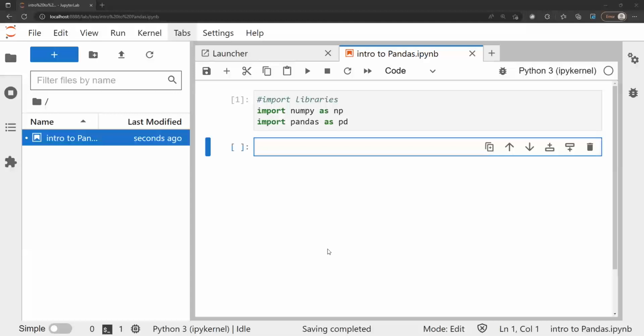It also has built-in visualization features, so you can do some data visualization with pandas. And it can work with data from a wide variety of sources. So you work with different data sets on